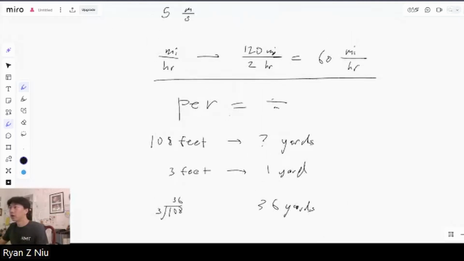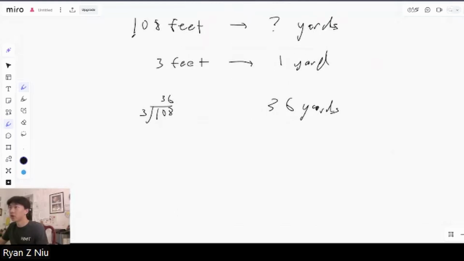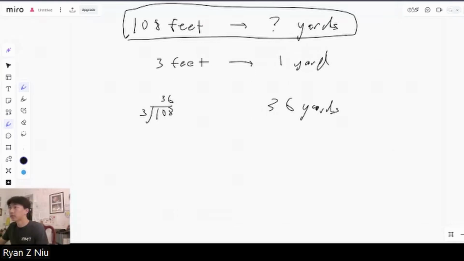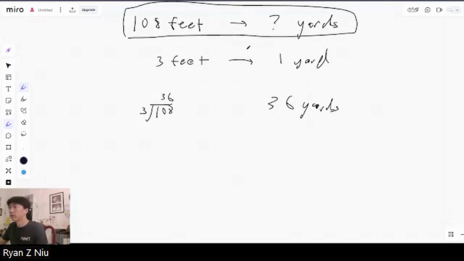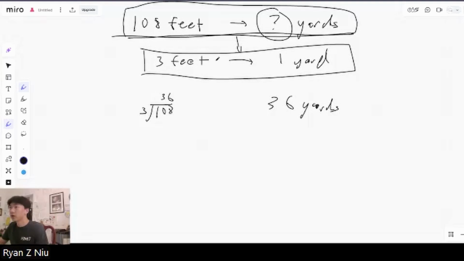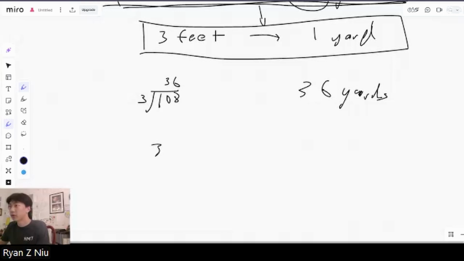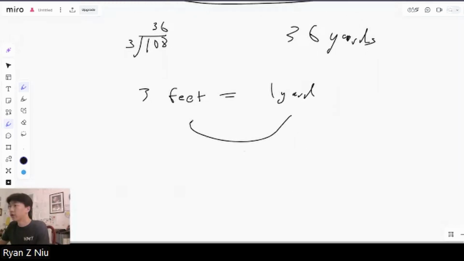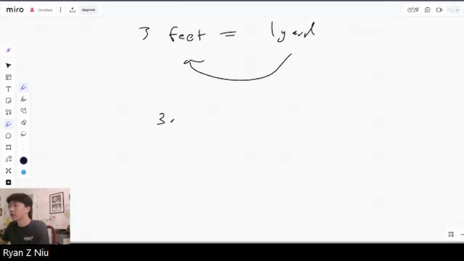And so what unit analysis does for us is we can turn this equivalence into a rate. So we want to figure out how many yards here, and we are given that this is true. We want to turn this into information that we can multiply or divide to our advantage. So we would say 3 feet equals 1 yard. So if we divide the 1 yard over, essentially what we have is 3 feet